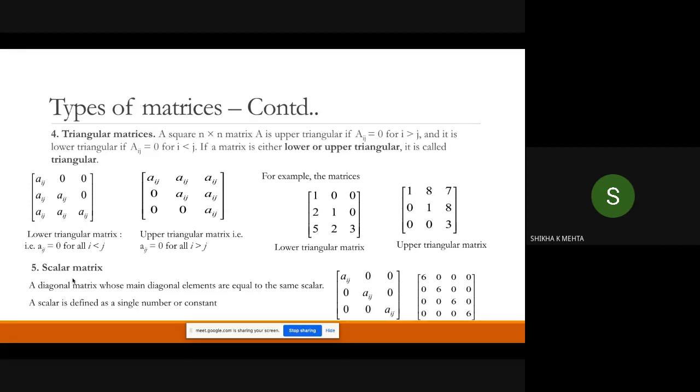This is also a special case of the identity matrix where the diagonal elements are not equal to 1, but they are all the same scalar value. Here the scalar value is equal to 6. For all the diagonal elements being 6, we call it a scalar matrix. When 6 is replaced by 1, we call it an identity matrix. And if the diagonal elements may be any number, then we say it is a